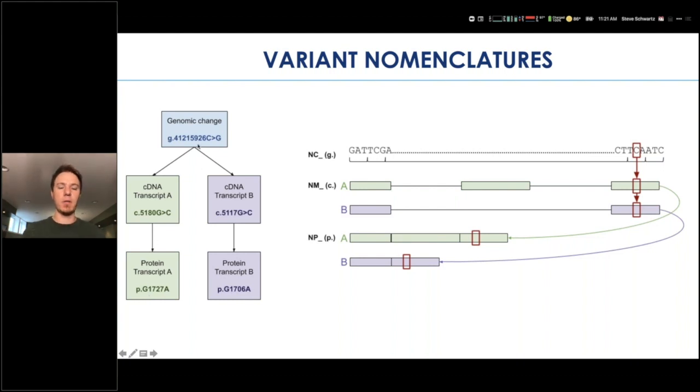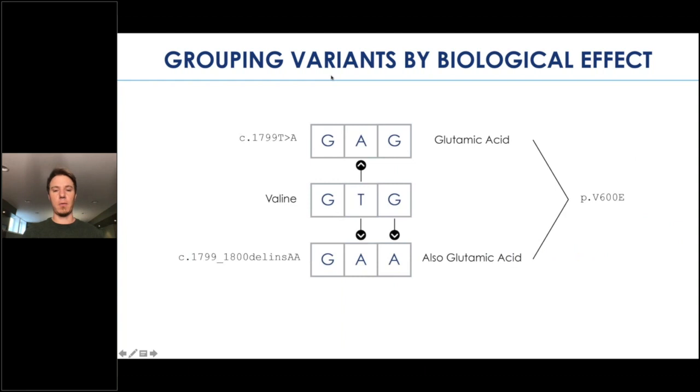So these are the kinds of ambiguities that we have to deal with when we're indexing the literature and when we're trying to figure out which results map to your search. So with all of this in mind, we tend to always prefer, or in the past, we've always preferred the codon-specific nomenclature, the protein description of a variant. And the reason for that is because it more directly maps to the biological effect, which tends to be the more relevant concept when you're trying to look at what is the cause of this ailment or these conditions in